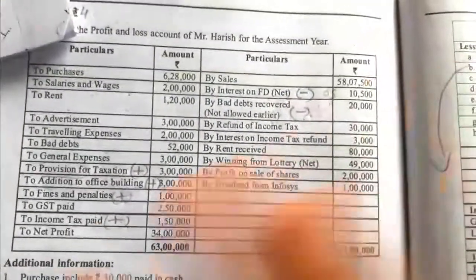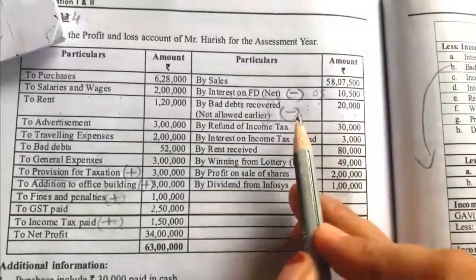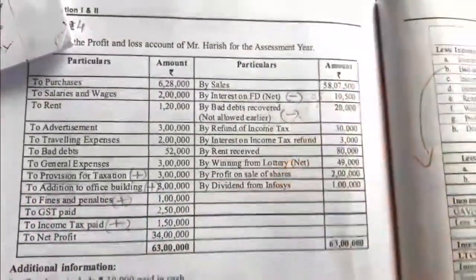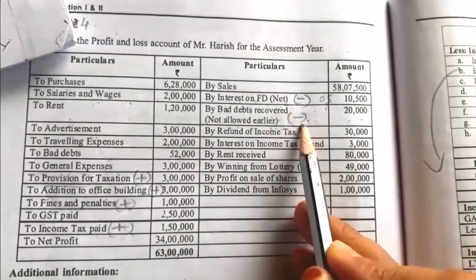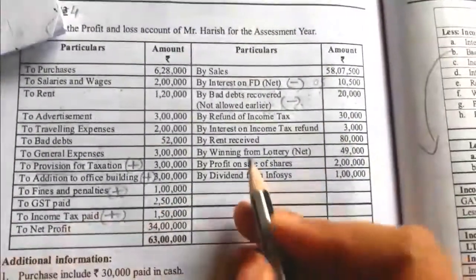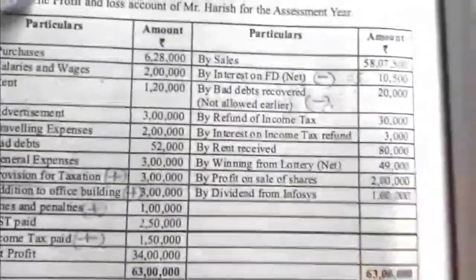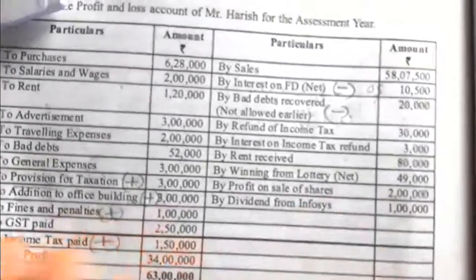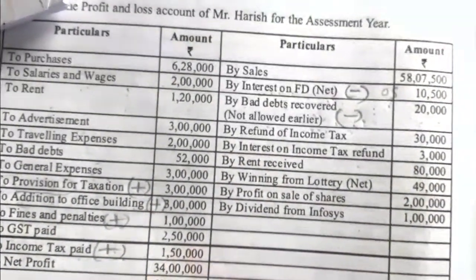On this income they should not pay income tax, so it should be cancelled from the credit side of business income. So it is deducted from the credit side. So bad debt recovered in this particular financial year is not taken as an income and it should not be included in the net profit to calculate the taxes.